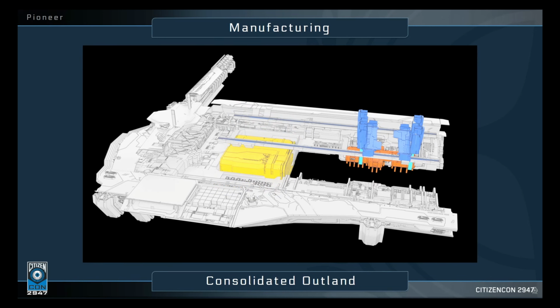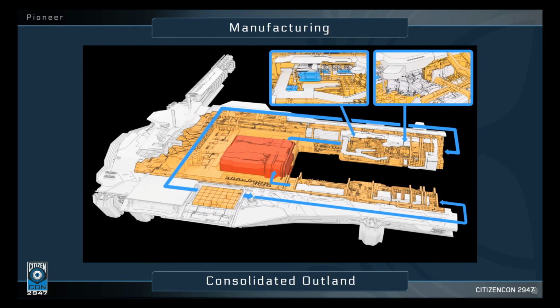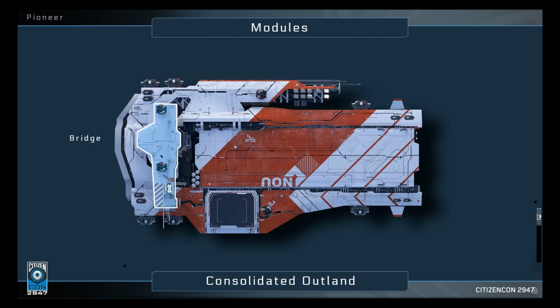Now for its construction features. This ship is scheduled as of CitizenCon 2023 to be able to construct any static building or static structure that is available to the player. This is also meant to include space stations at some point, but not necessarily at initial release. Base building will be able to be done at 4 levels, from small to medium to large to extra large. And the Pioneer can do